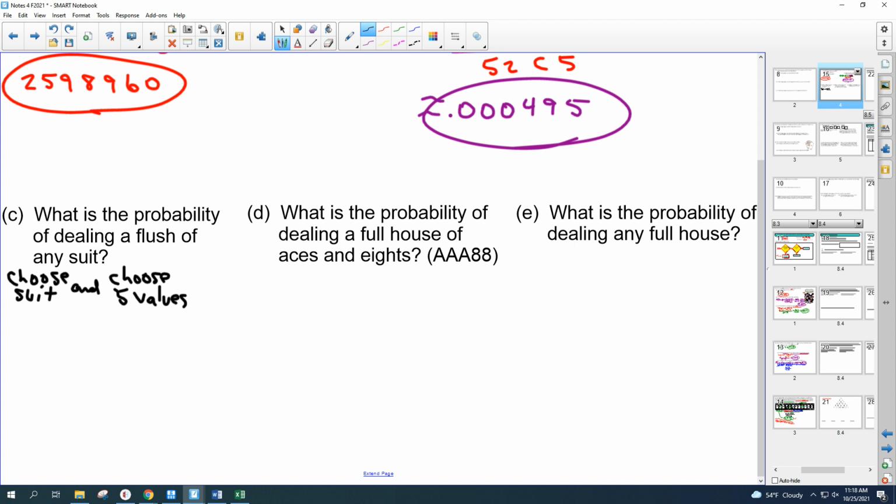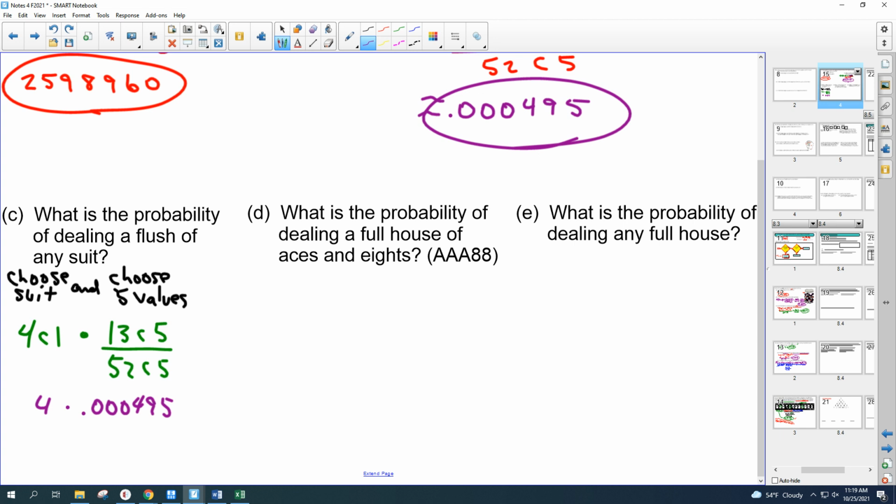And so choosing a suit, you'd say, well, there are 4 suits and I'm just going to choose one of them. Times 5 values out of 13 values. We're doing that. Okay. Of course, over your 52 choose 5. But that's going to do exactly what was just said. We're just taking 4 times that number we just got,